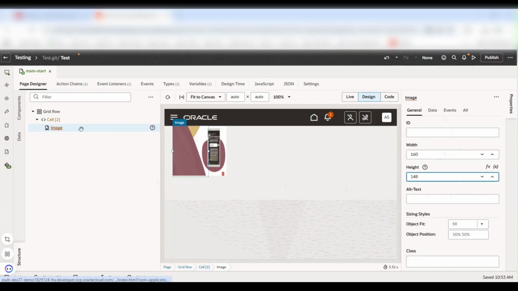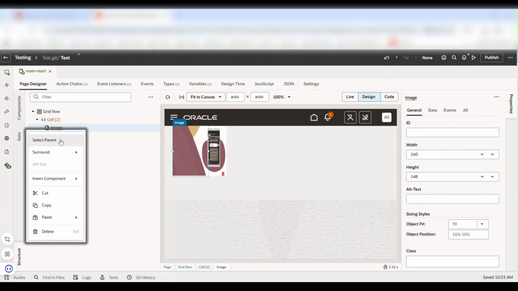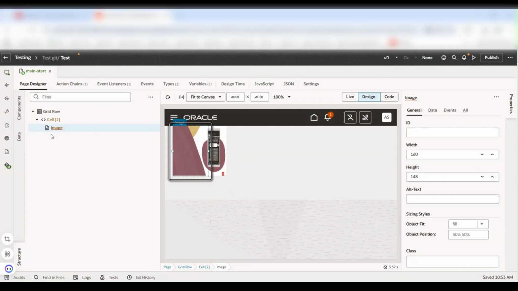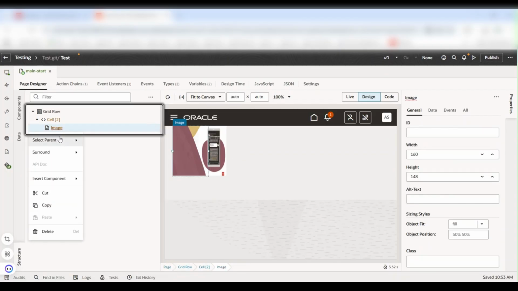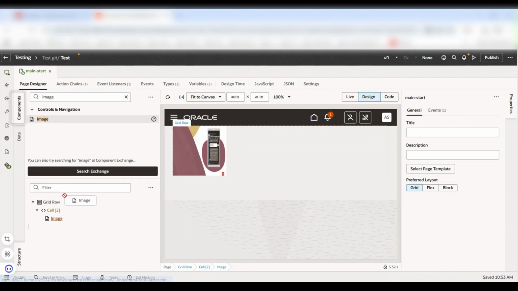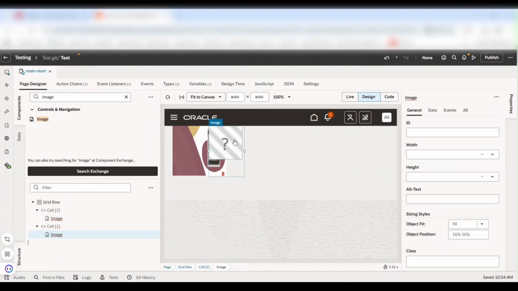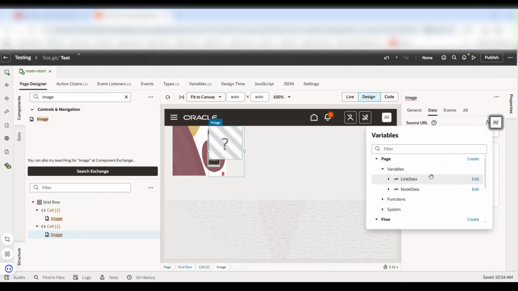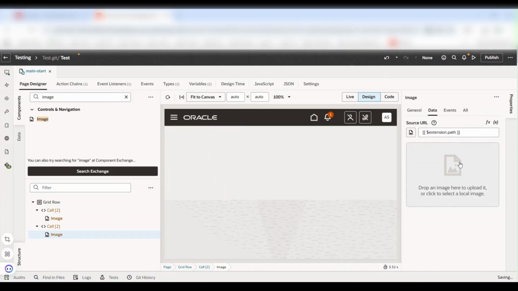Let me get one more image. Let me drag another image component under this. What I will do here is go to data and select the path of extension path.